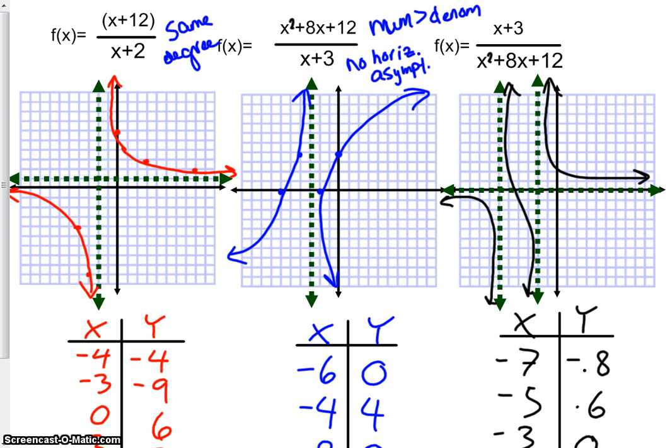Okay? And actually, we're going to find out more tomorrow about what happens. And actually, there's a slant asymptote in there, and I know I don't show it right now. We'll find out more about that in our next video. In the third